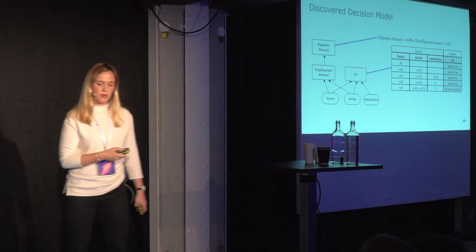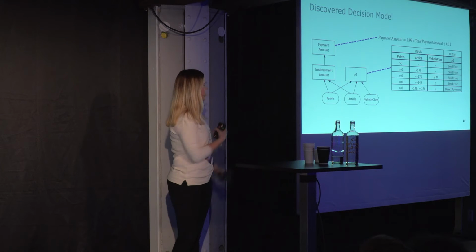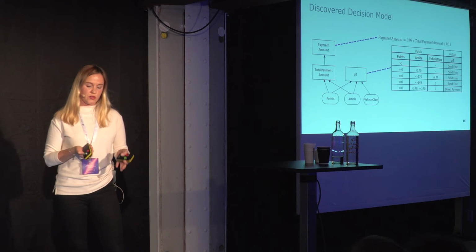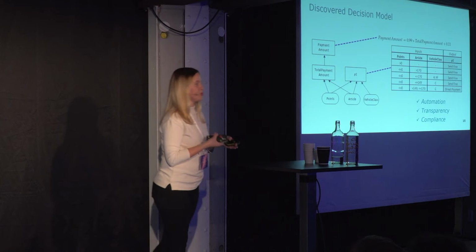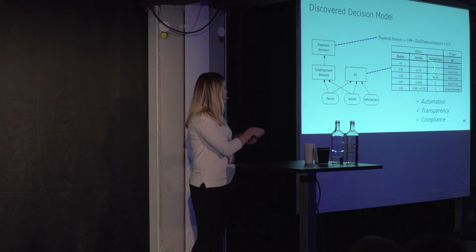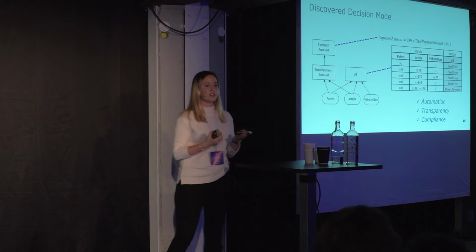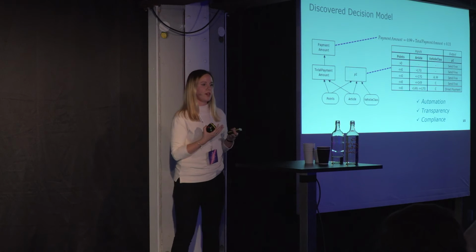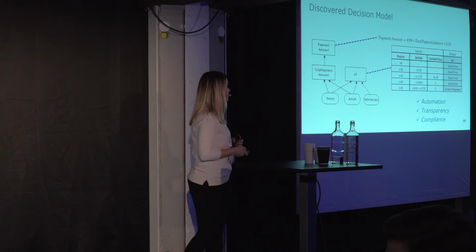And there were some regressions discovered which can also be put into correspondence with the corresponding decision nodes. So this is the output of the application of the methodology. Just to remind you why we were doing this: you can already use this decision model for automation. Of course it increases transparency, because now you can analyze how the decisions were made, and you can see maybe there were some discrimination cases. I was not doing that, but this is what it can be used for further,